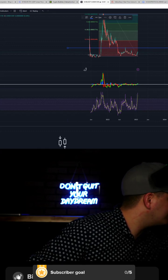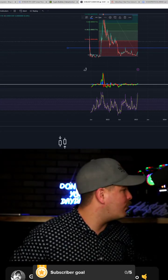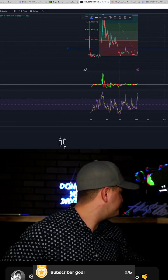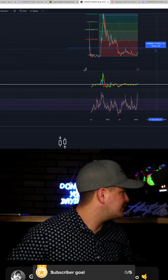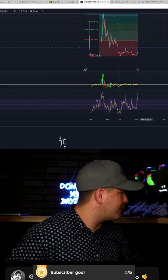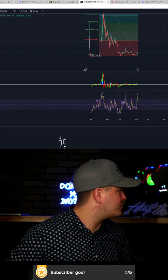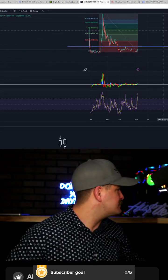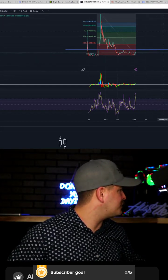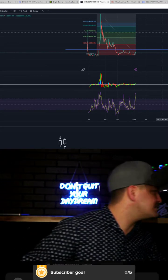I can't even see. Quad 017, which from current price is another 41%. And from the bottom is a 122%. Now, if Shiba just wants to retrace, you're looking at